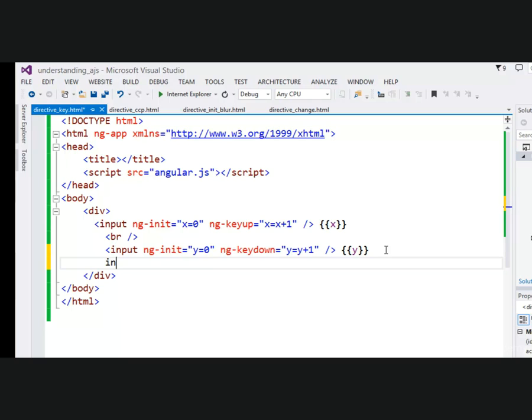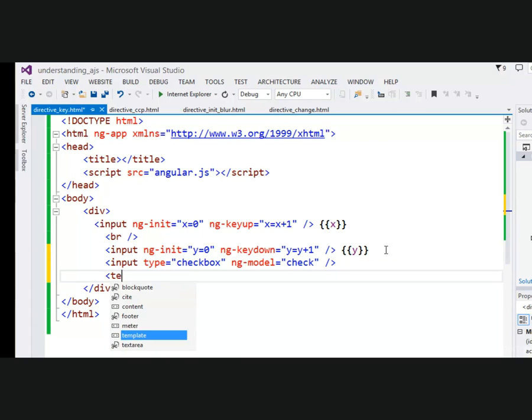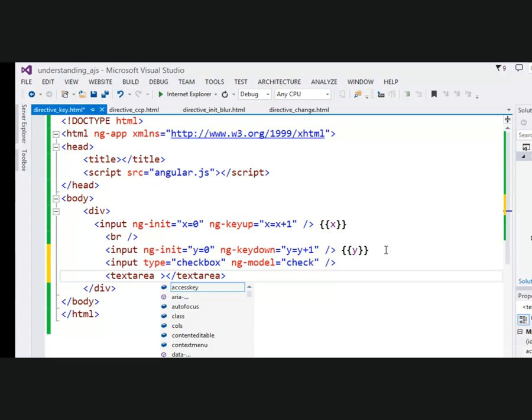In this case, I'm going to take one input tag with the type checkbox, and I'm going to specify that the ng-model associated with this checkbox is named check. After this, I'm going to take one textarea. I hope you know the textarea is something like a text box with multiple lines in which we can type something. In this textarea, I'm going to specify ng-disabled